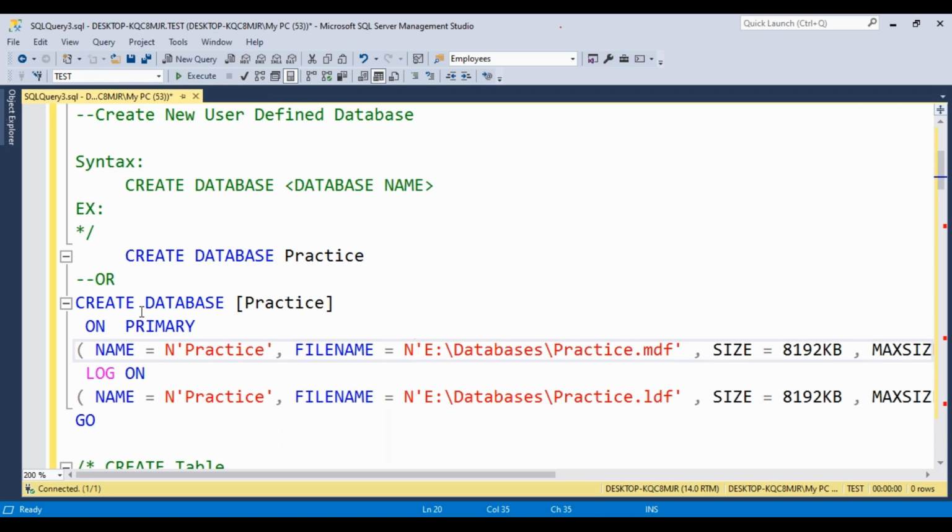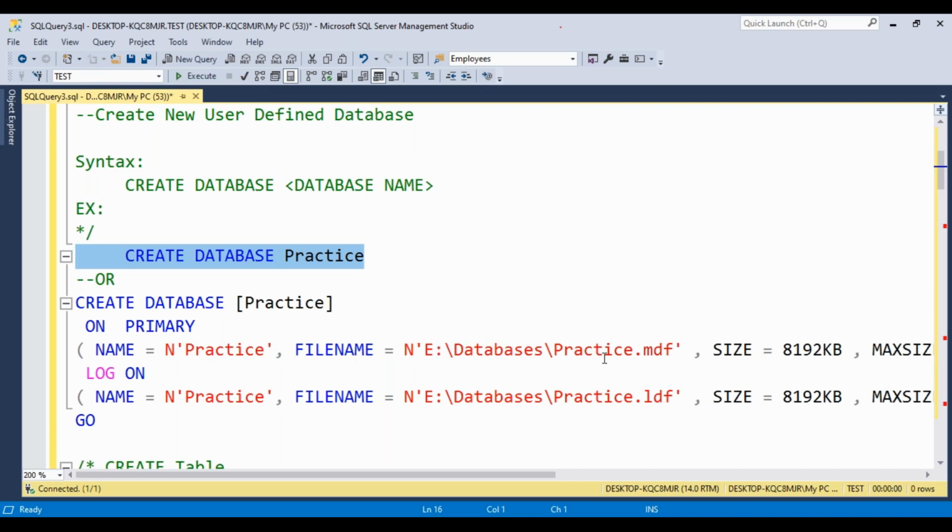That information will be defined by the user. If you can create a first simple method, the system will take care of defining a size and defining where the file is stored. Now you can observe, create a database name on primary name. What is your database name? Like master database file, where we have to store.